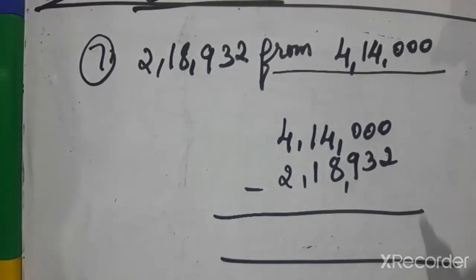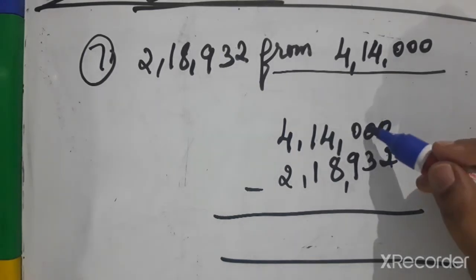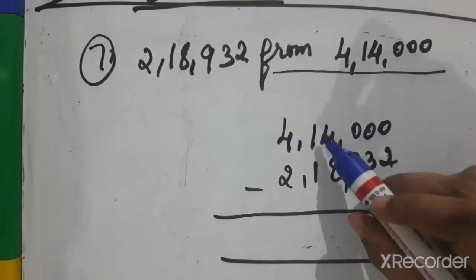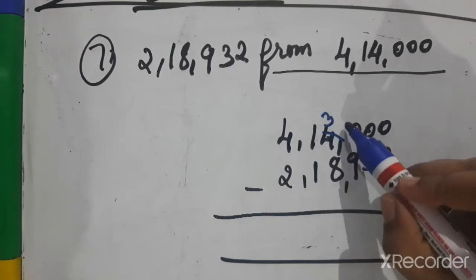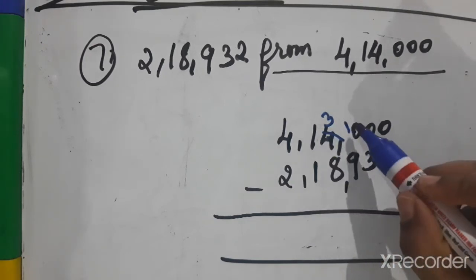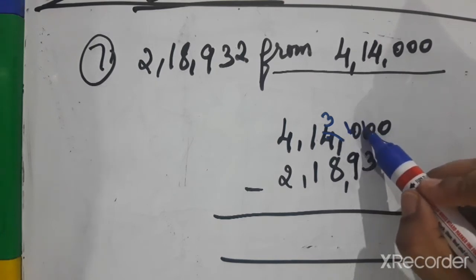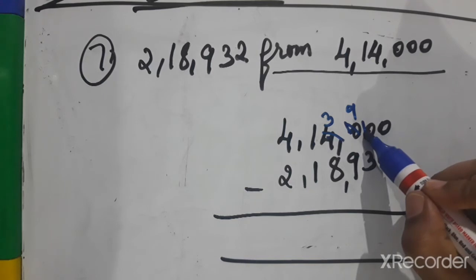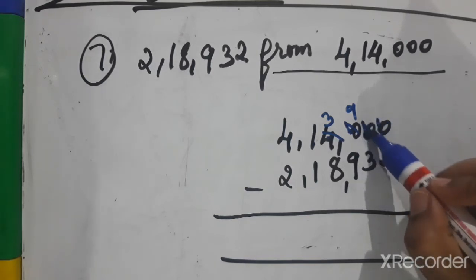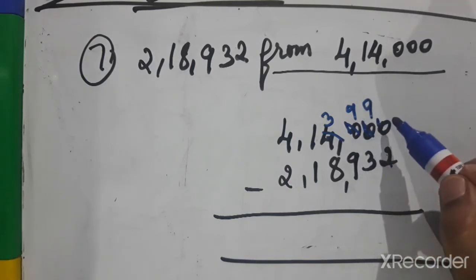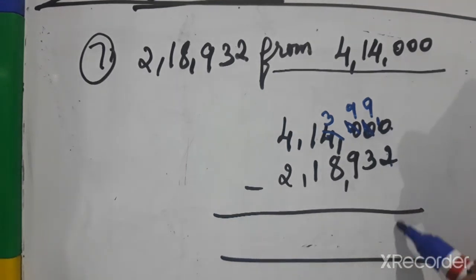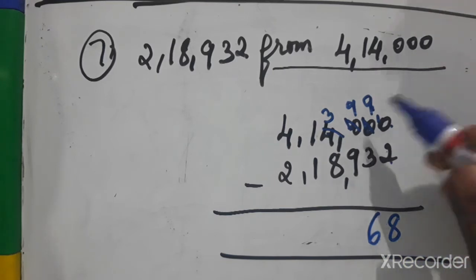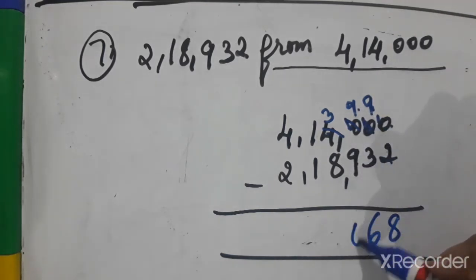Now 0 minus 2 we can't subtract, borrow 1 from the next number. Here also 0, here also 0. So 4 will help these. Now 4 will become 3 because he will give 1 to the next number. From 10, it will give 1 to the next number and 10 will become 9 now. From this 10, it will give 1 to this number and this 10 will become 9. Now 10 minus 2 is 8. 9 minus 3 is 6. 9 minus 9 is 0.